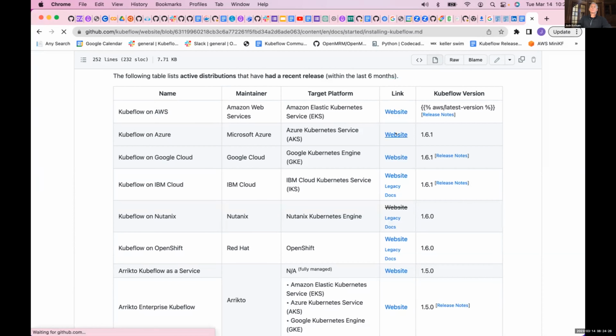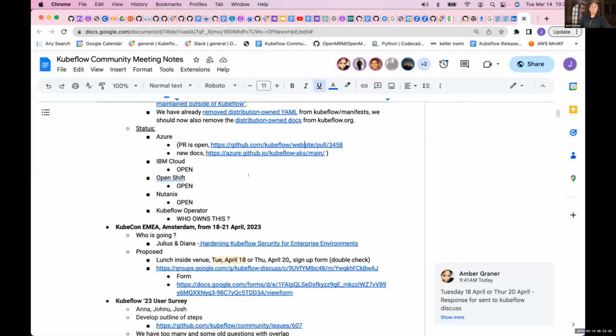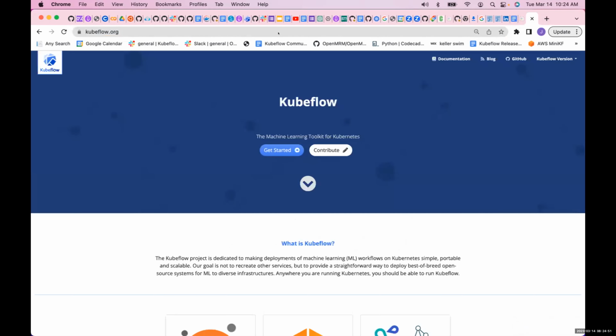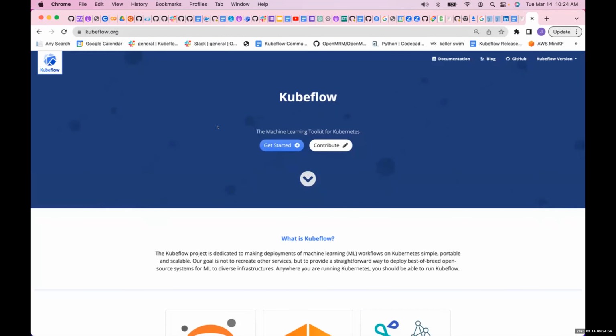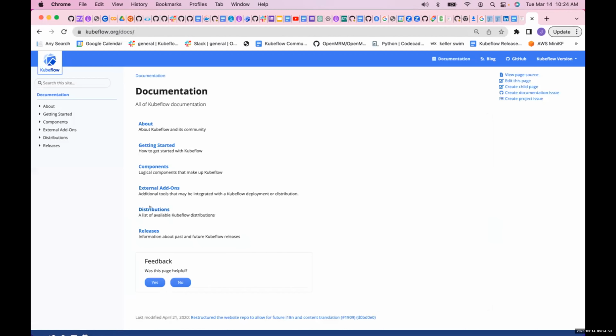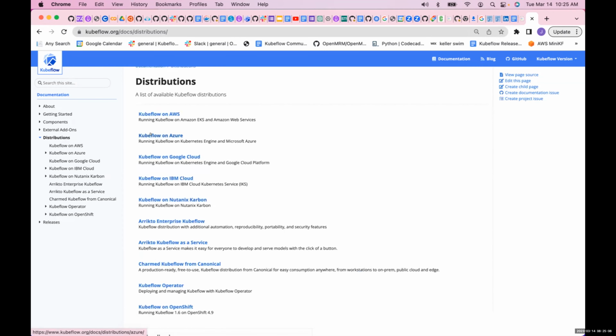If you look at their website here, this clicks into a new site that they have. So go to kubeflow.org just quickly, on the public internet for 2 seconds, and I'll explain what I mean to everyone. If we approve this, that PR doesn't change enough. There's one other page you'll need to update. If you go to the documentation, top right, yep. So go to distributions on the left. That is actually the same, you literally click the same thing. Don't worry. So you'll see that there's going to be one on the side there called Azure.